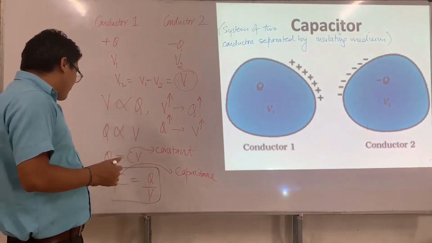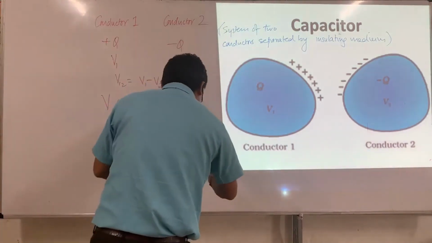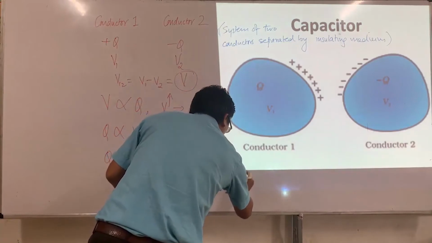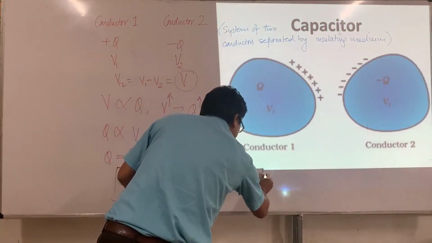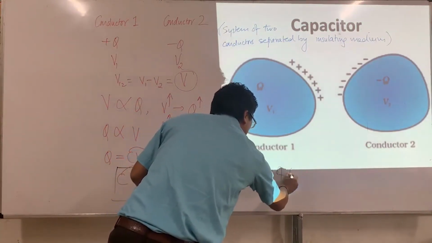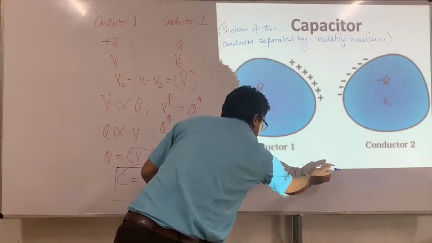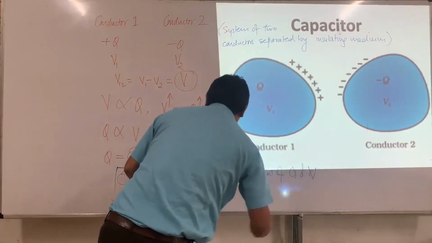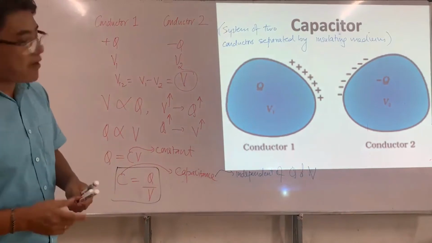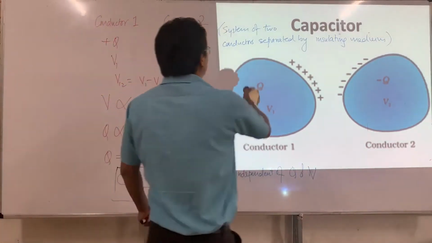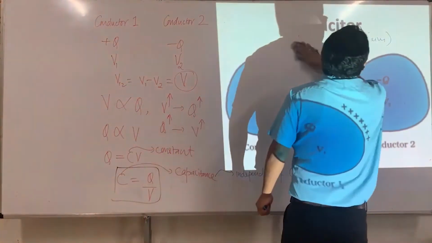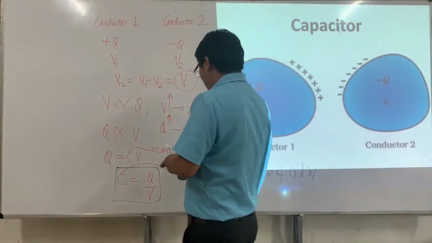So therefore, capacitance C is independent of Q and V. C does not depend on V, C does not depend on Q, and C is defined by